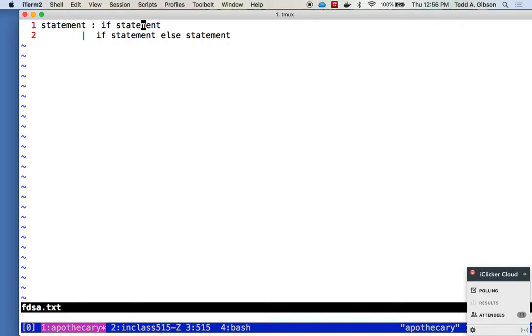So an if statement by itself can reduce down, and we'll talk very specifically about this idea of reduction. But in essence, if you have something like this in your code, that gets reduced down to a statement. If you have something like this in your code, that gets reduced down to a statement. Well, the problem is, what if you've reduced this down to a statement, and then the way the code looks is if statement, if